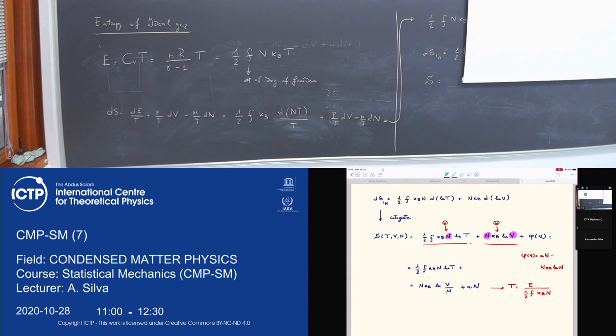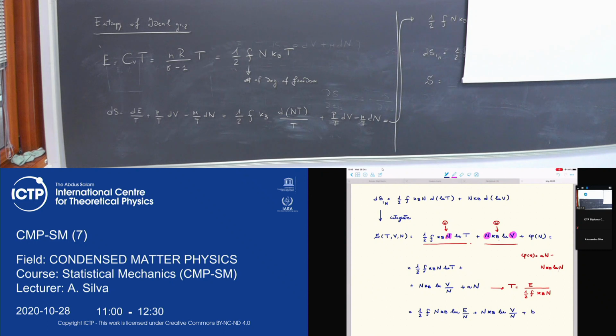And therefore, if I substitute this in this formula, I will get that this is equal to 1/2 f n k_B log of E over n, which is the energy per particle, plus n k Boltzmann log of V over n,